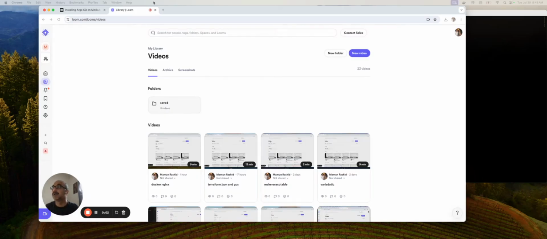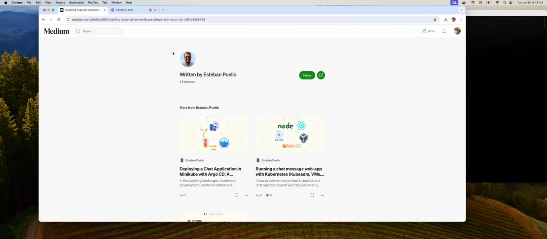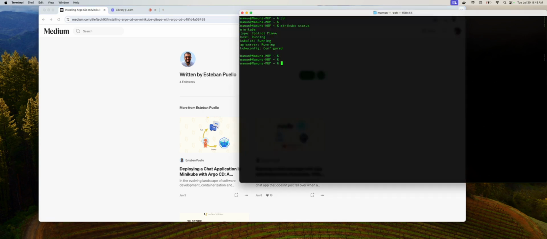Hey folks, today I'm going to show you how to install Argo CD on Minikube. Minikube is basically a cluster you can run on your Mac, probably on a PC too. I haven't tried that. That way you don't have to pay for a Kubernetes cluster on any of the cloud